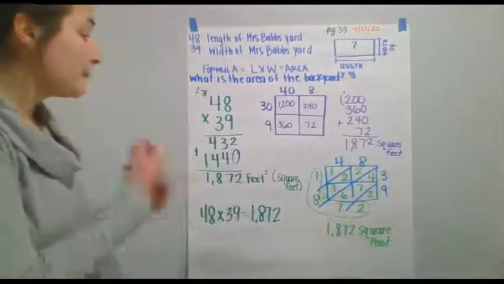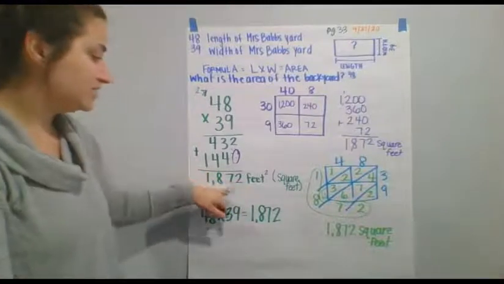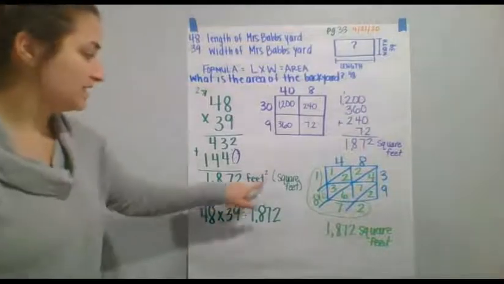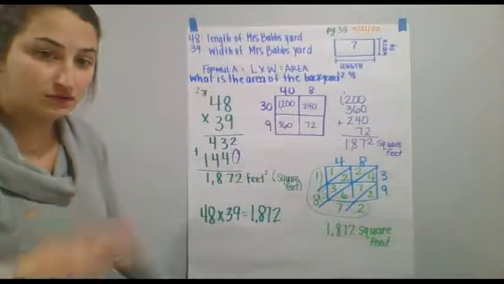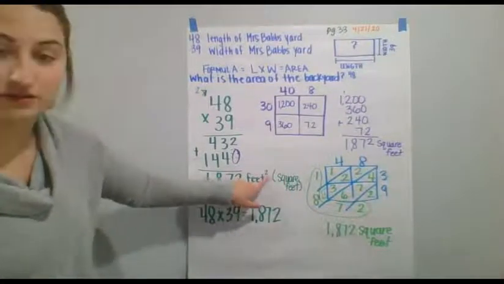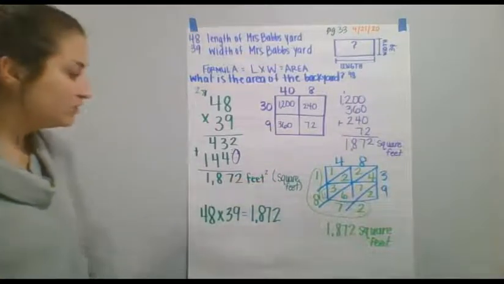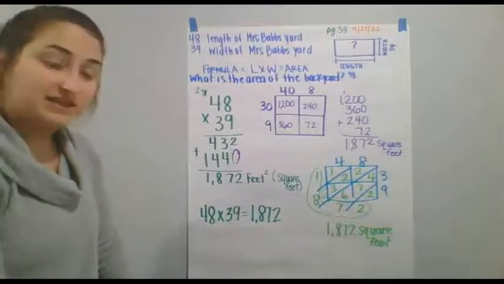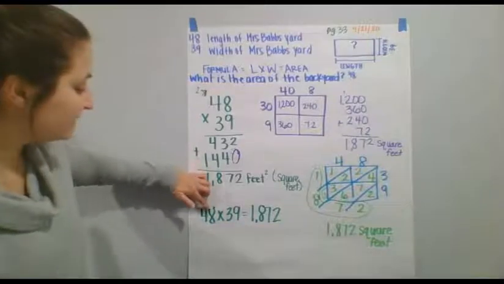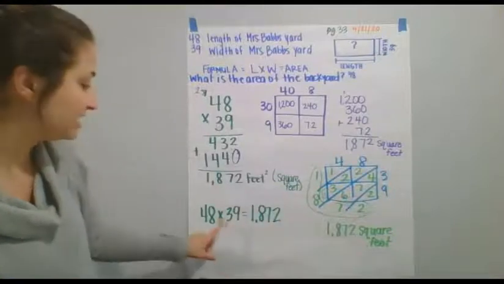So another thing that's really important is our unit. So our answer was 1,872, and because we're talking about area, our answer is actually going to be in square feet. So you can write that two different ways. You can write it out square feet, or you can write feet with that little 2 up at the top, the exponent 2, which stands for squared. So then when we're moving on to our equation, you have 48 times 39, because that is what we're doing in order to solve this problem, which gave us an answer of